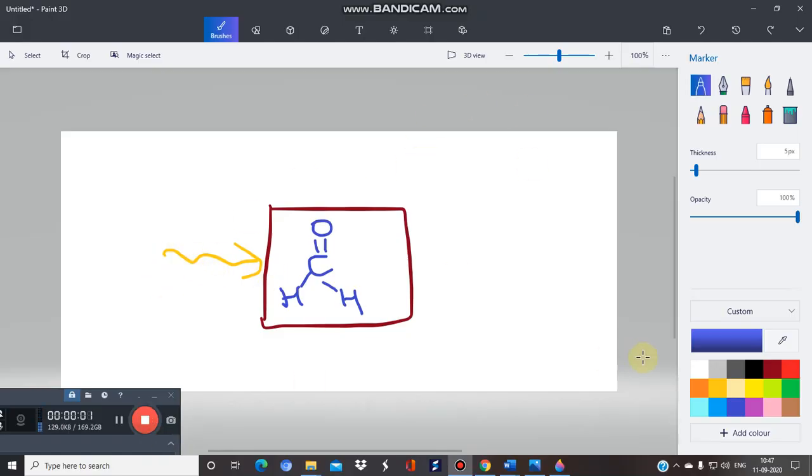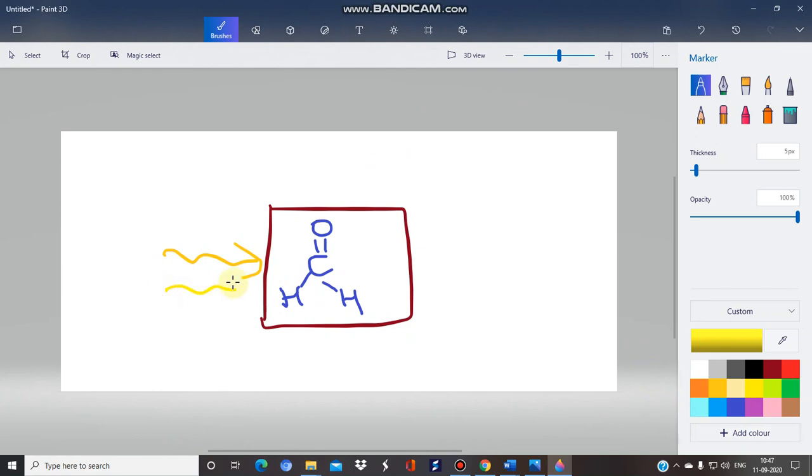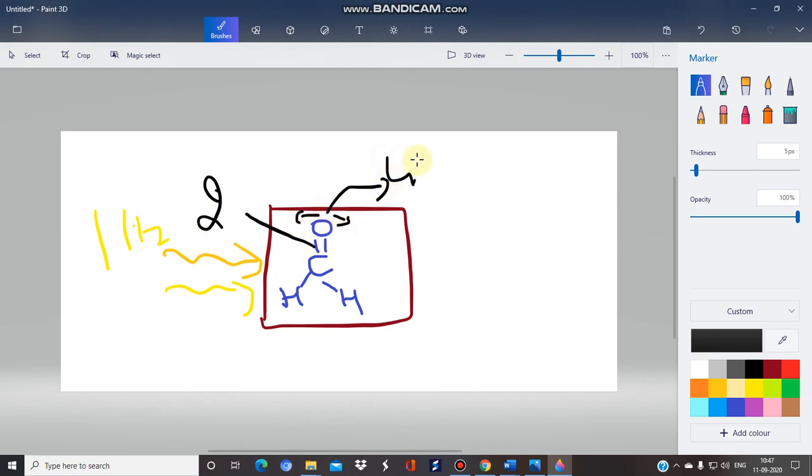See, suppose these are the IR radiations of a particular hertz. Suppose this is 1 hertz IR radiation we are using, and this is a molecule that we have, that is formaldehyde. Because we know stretching and bending vibrations are always going on, suppose this is connected by a stretching, and it will absorb about 2 hertz of IR radiation. And in this case, suppose wagging is going on, and this will absorb about 4 hertz of IR radiation. So what happened?